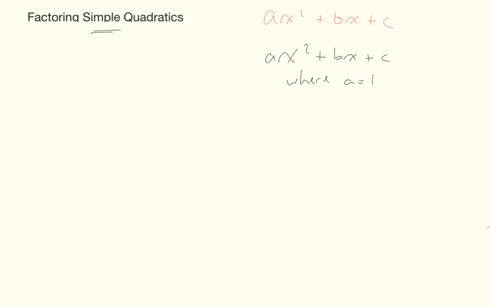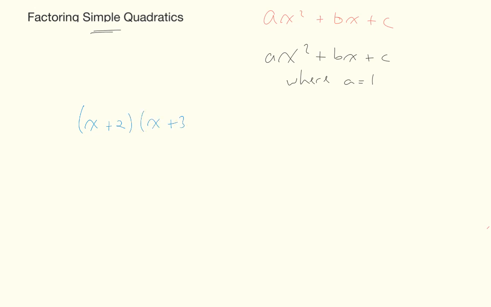Maybe just really quickly, we'll remind ourselves that we could have an expression in its factored form. We could have an expression in its simplified form. Going from here to here is expanding or simplifying. Going from here to here is factoring. And then more importantly, I'm going to remind us of the opposite of factoring, which we sometimes call foiling